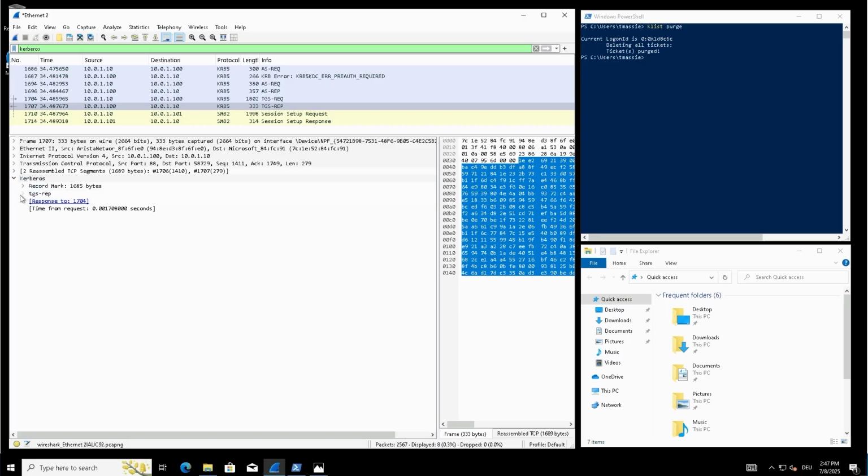So we see here we have the TGS-REP, which contains some information. Some of it is plain text. For example, we can see the client name. So the ticket was issued for Trevor Massey in this case. And then we can also see that we have